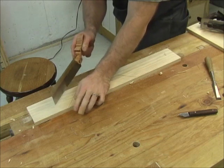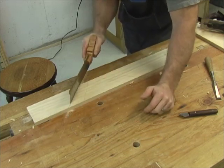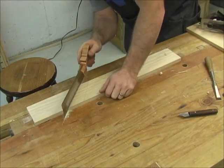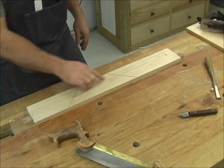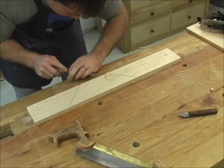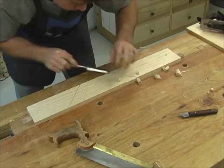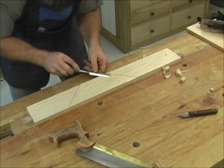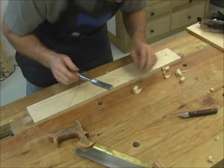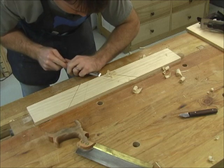From here you can establish your final depth with the saw. And we're going to start removing some of the waste. I'm staying a little bit away from the pencil line, and I'll show you why that's going to matter in just a second. So once we get some of this material plowed out, oops,